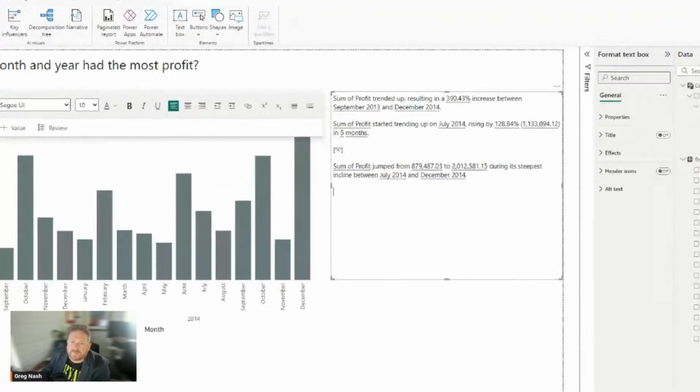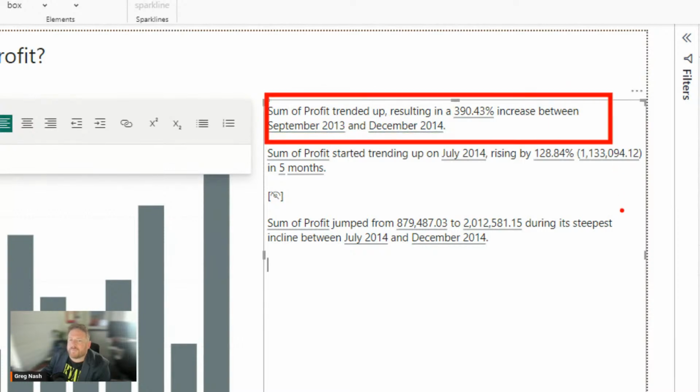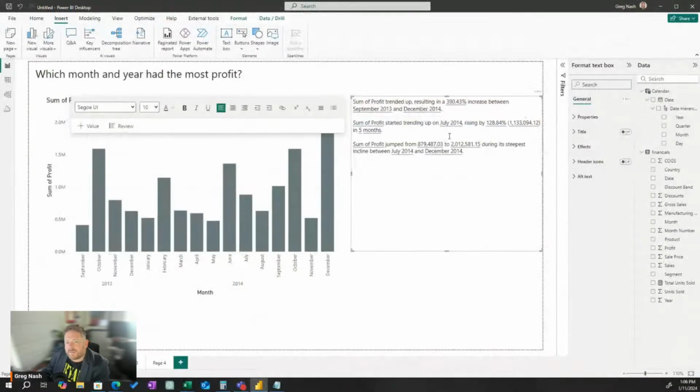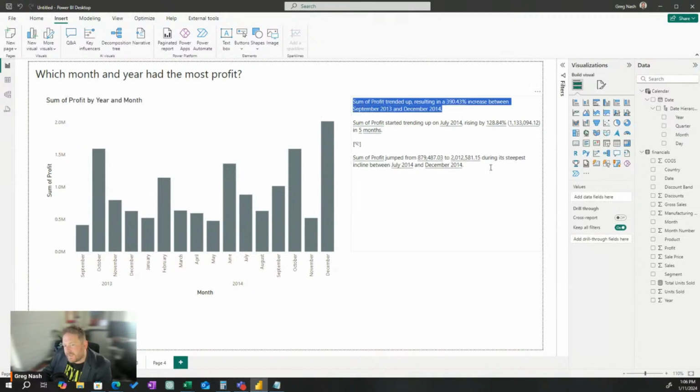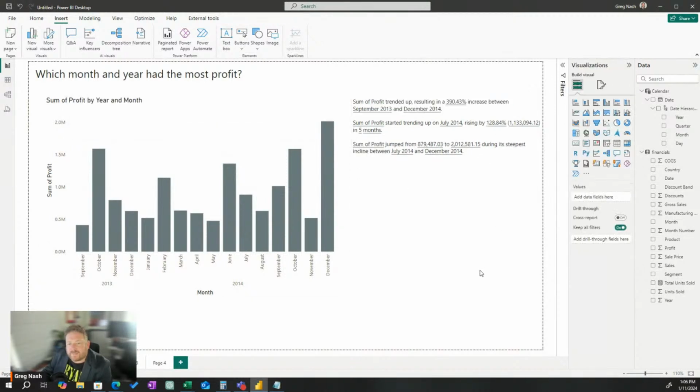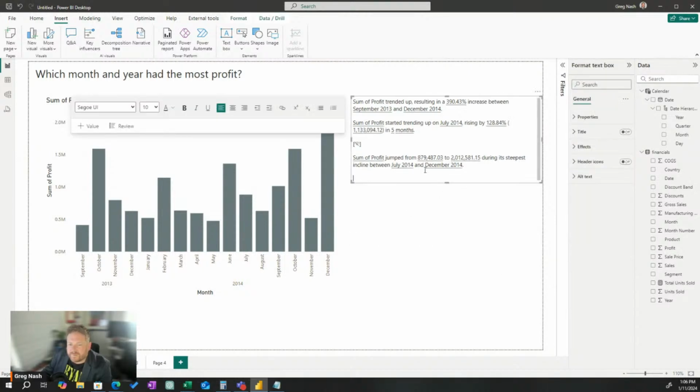It says the summer profit trended up, resulting in a 300% increase between September and summer profit started trending up in July 2014. So this gives us some interesting context that is related to this question. So I'm going to leave it. I don't think it's exactly right, but it's kind of cool.